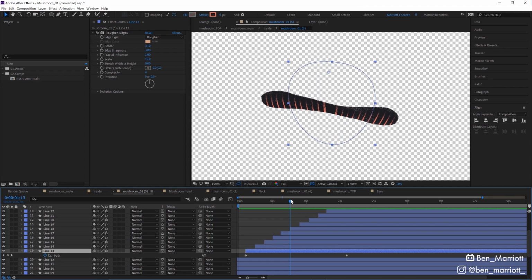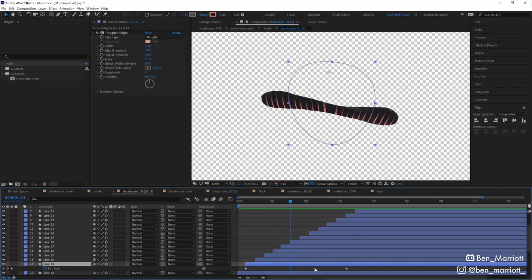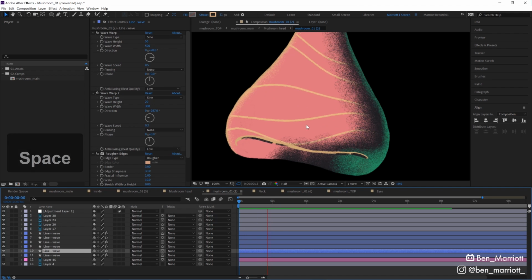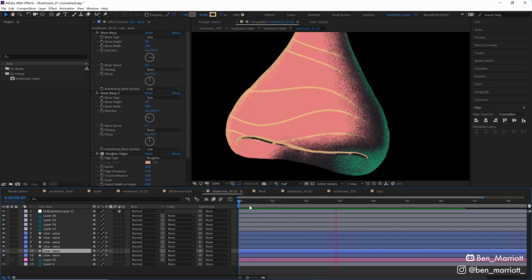I also added a rough edges effect to match the rough brush that I used to draw this in Procreate. Then I just duplicated this a hell of a lot of times and offset them so they'd continue for about 5 seconds. These waving lines that are in the head and neck are all just shape layers with a